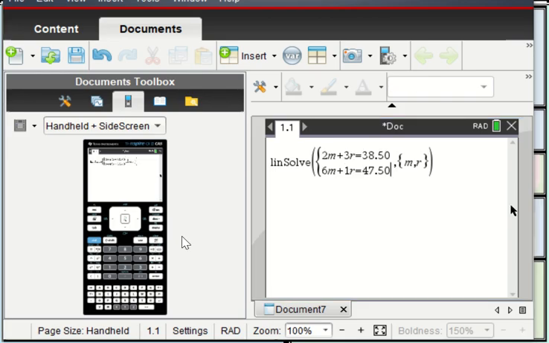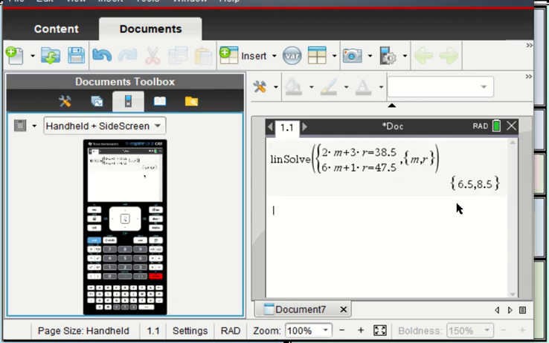The reason I call this my insurance policy is because now I have an answer, 6.5 and 8.5. If I read this, M, the matinee ticket costs $6.50, the regular ticket costs $8.50. I have an answer to get more points for this problem, but